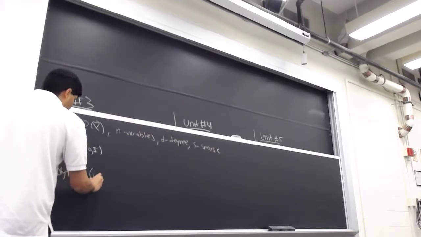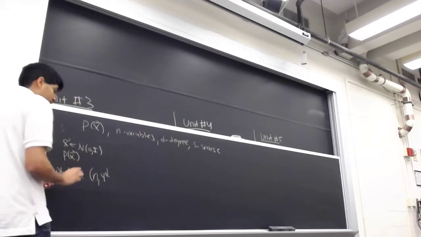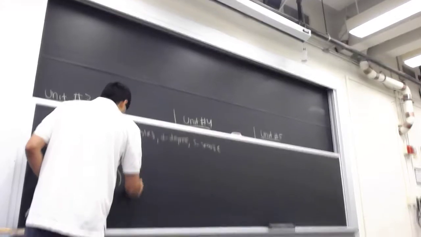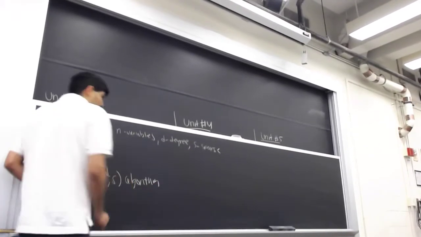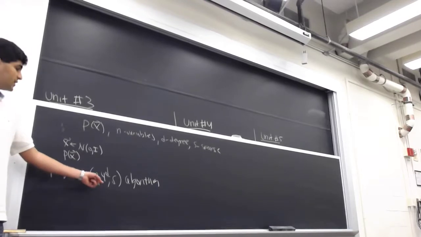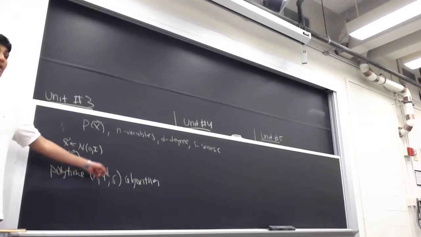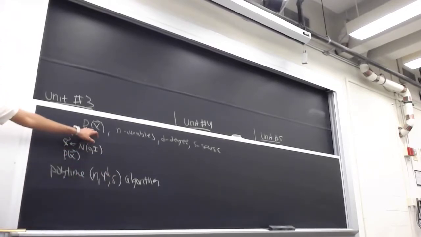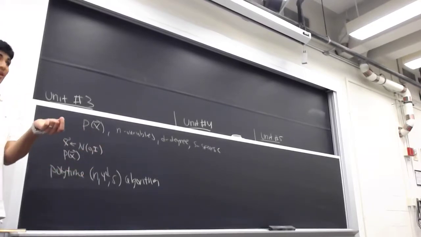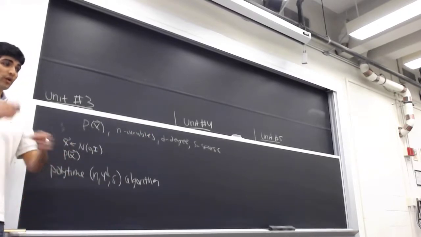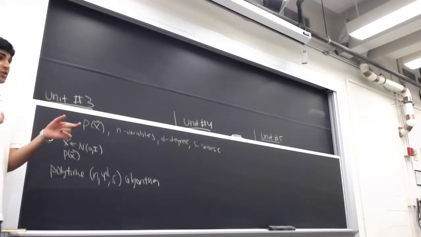And by here I mean polynomial in n, 4 to the d, and poly in s time algorithm to recover p. But the important thing about this is even though it's exponentially bad in the degree, it's not n to the d. There's actually a trivial n to the d algorithm for this, which would be I take my n variable degree d polynomial, and I treat each of the monomials as an independent variable. And I would just be solving a linear regression problem on n to the d variables. And I wouldn't take advantage of the sparsity or the fact that the terms have a relationship to each other.